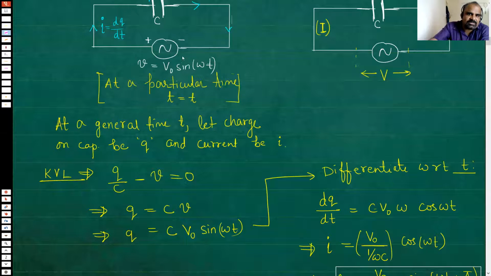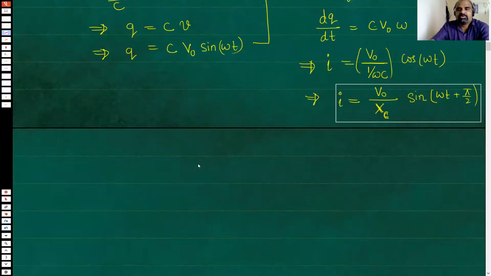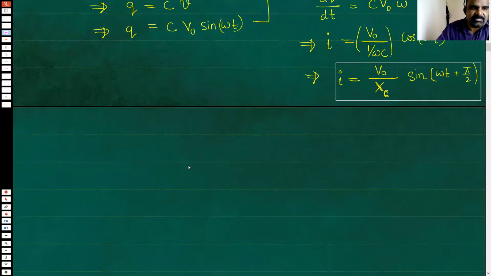Now see, what was the applied voltage? Can you see what was the source voltage? It was V naught sine omega t. How much is the current? It is V naught by XC sine omega t plus pi by 2. What does it mean? It means